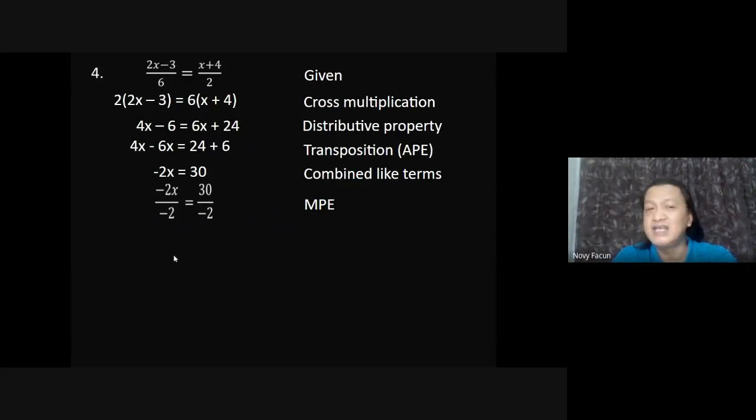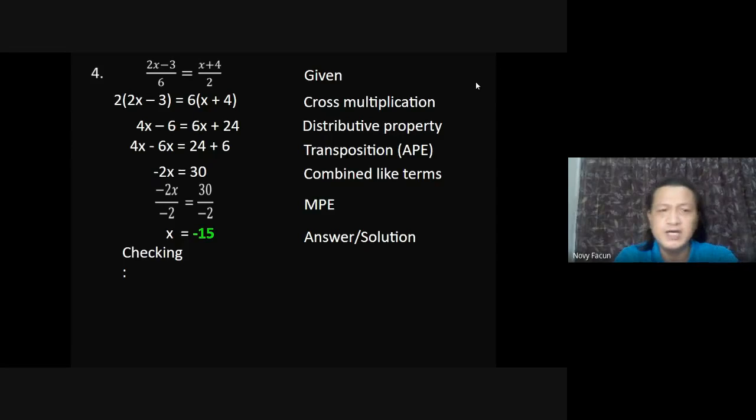X na lang yung nasa left side mo. Sa kanan natin, 30 divided by negative 2, that is negative 15. Kaya ang solution natin or the answer is negative 15. If you are going to check, okay, so copyhan mo lang yung original equation mo and then substitute mo yung